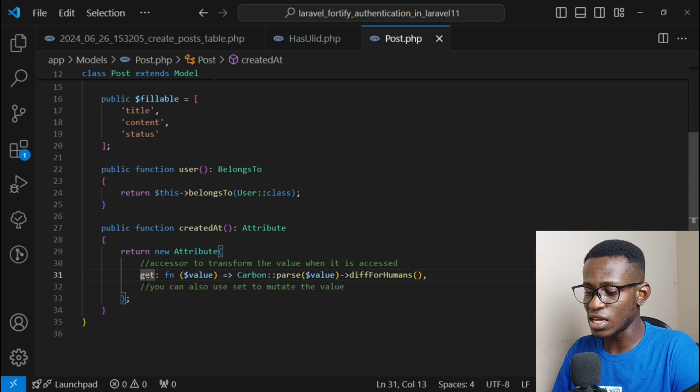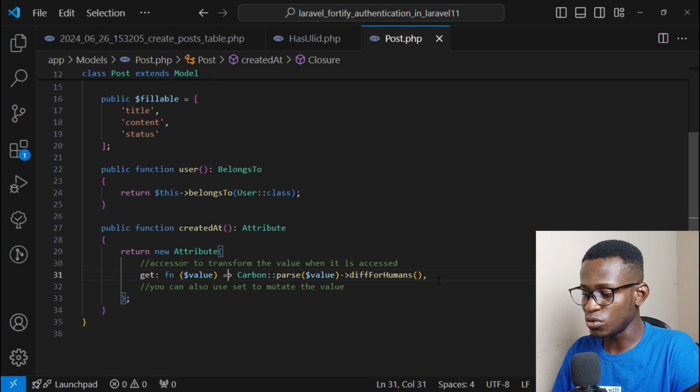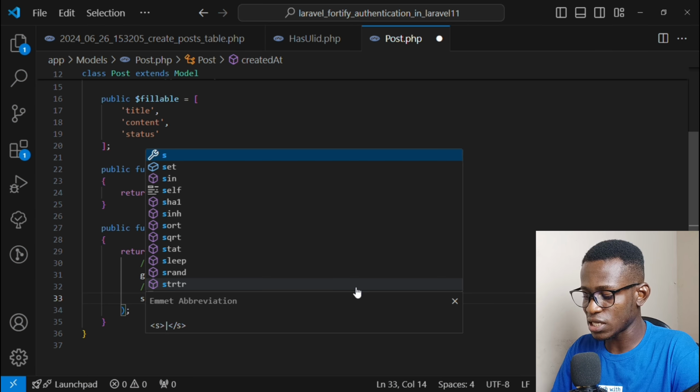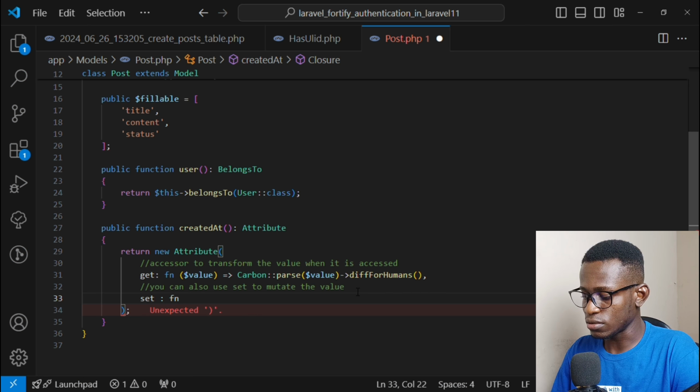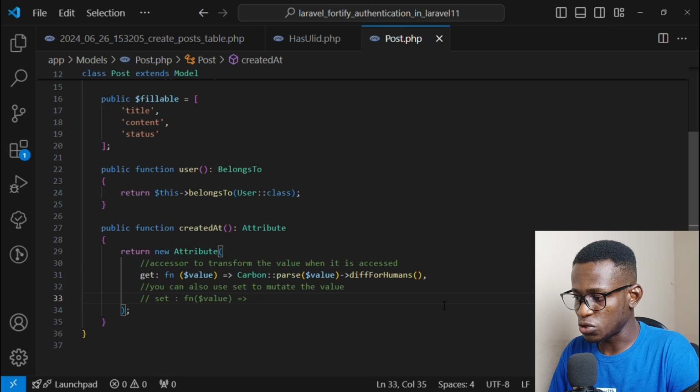Here we're saying this is an accessor. Every time we're reading records from the post table, for every created at that we access, it will format that value to be human readable. This is what the accessor means. Then you can also have a mutator, where you do set like this and then you do fn. You can decide what will happen to a value before it is stored, if you want to format it. I don't really have that need here. Maybe you want to turn a string to uppercase or whatever; you can mutate that value in this model before it is stored. But I'll just leave it at this because I just want to show you this is a blog. You want to be able to show 2 seconds ago, 3 seconds ago, 5 minutes ago, or 2 hours ago,